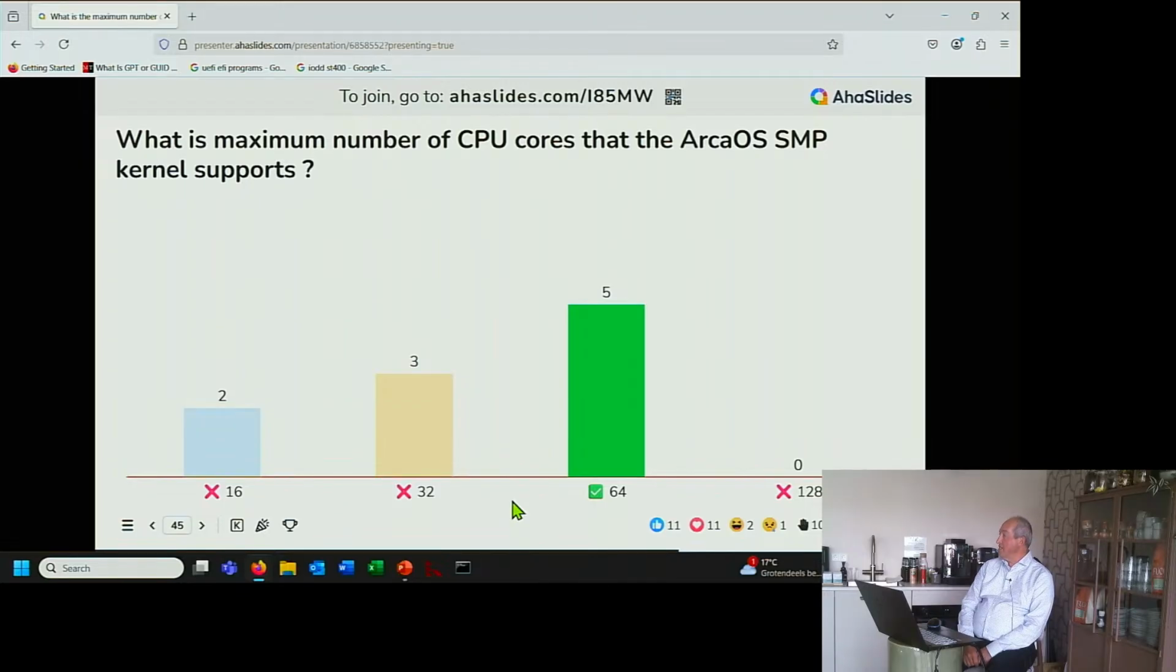Nobody thought 128. Interesting. It is 64. But it's starting to work. Some people are dropping out like flies now. It's hard to imagine how many systems had 64 processors at the time the SMP kernel was developed, let alone